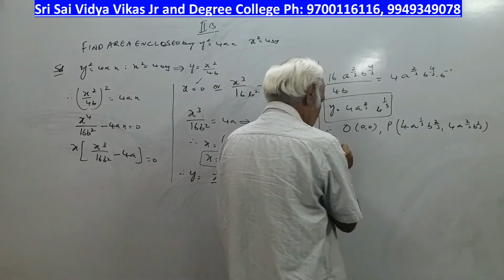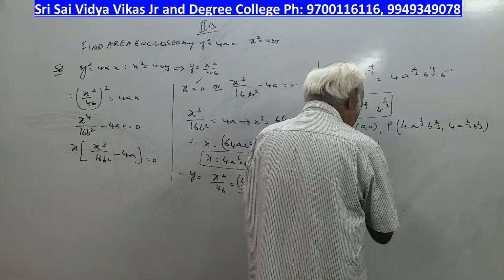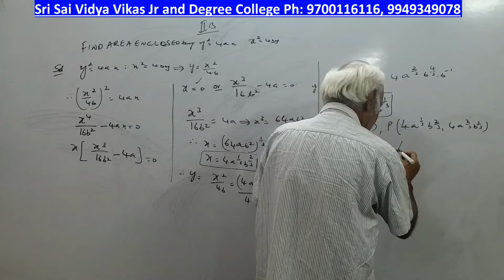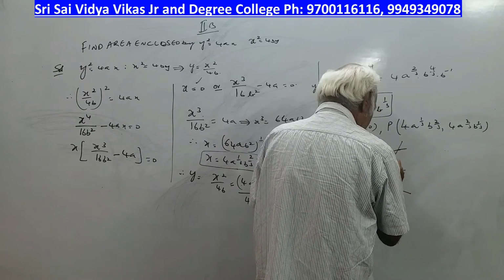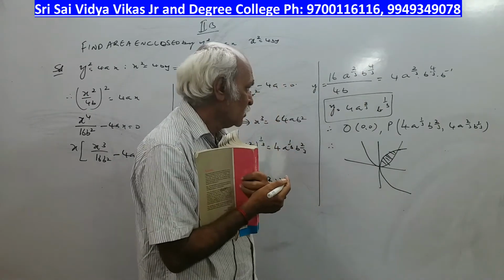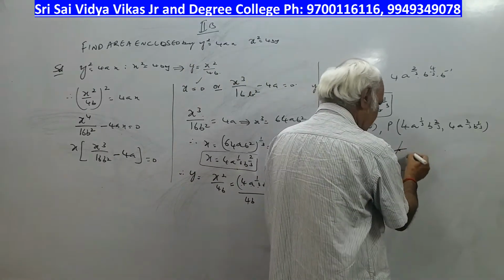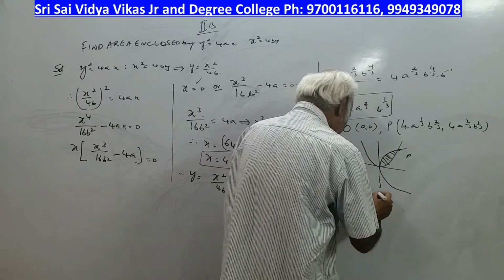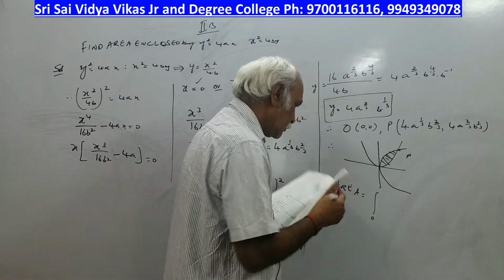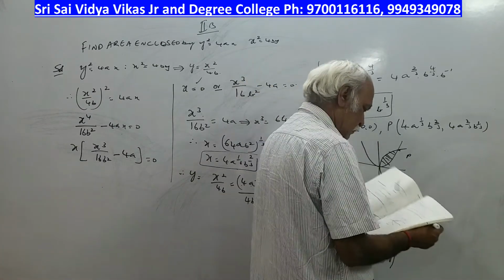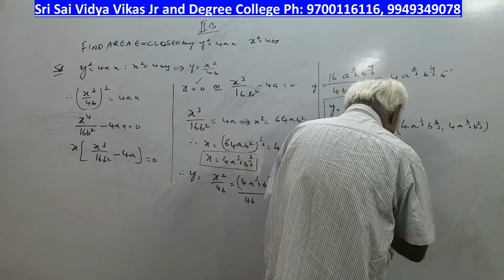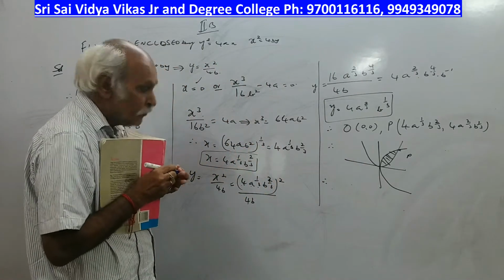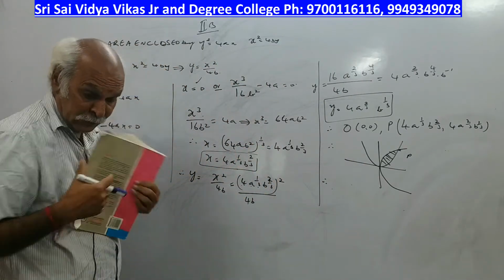Now, I will draw a dot. This will be like this. This will be like this. This area we have to find out. Which area? We have to find out this area. So the point we got here, this is the P point. Therefore, area is equal to 0 to the point P. So we got the point, sir. With the point we have to find area. Please note down this.